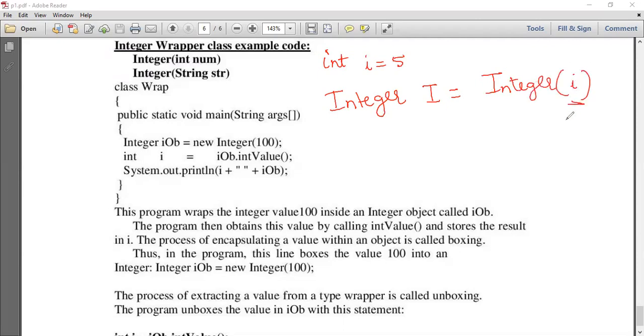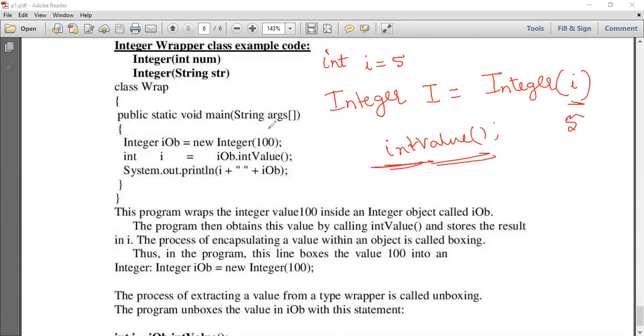Remember, instead of this variable, we can also pass the value 5. Both will work. So this is one way of wrapping. In order to unwrap, we have to use the method intValue. For all the primitive data types there is a wrapper, and all the wrappers are the same, either charValue, intValue, booleanValue, floatValue, byteValue, longValue, shortValue, like that. Everything is similar.